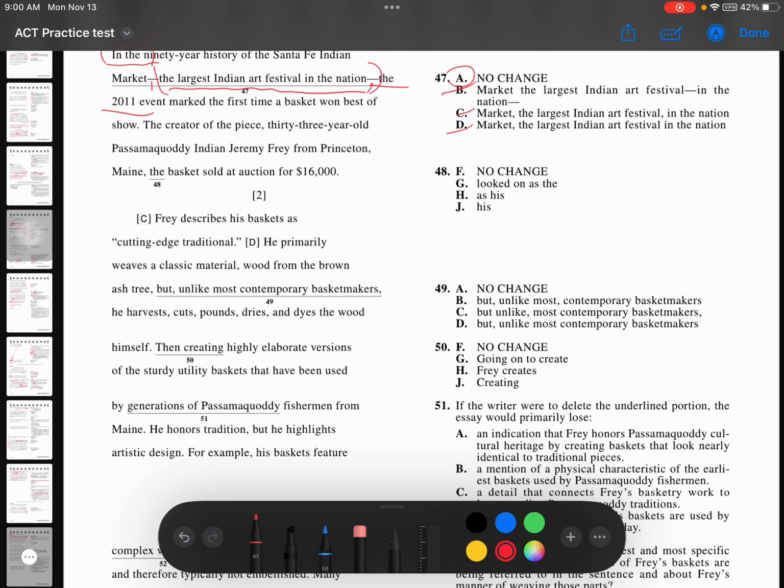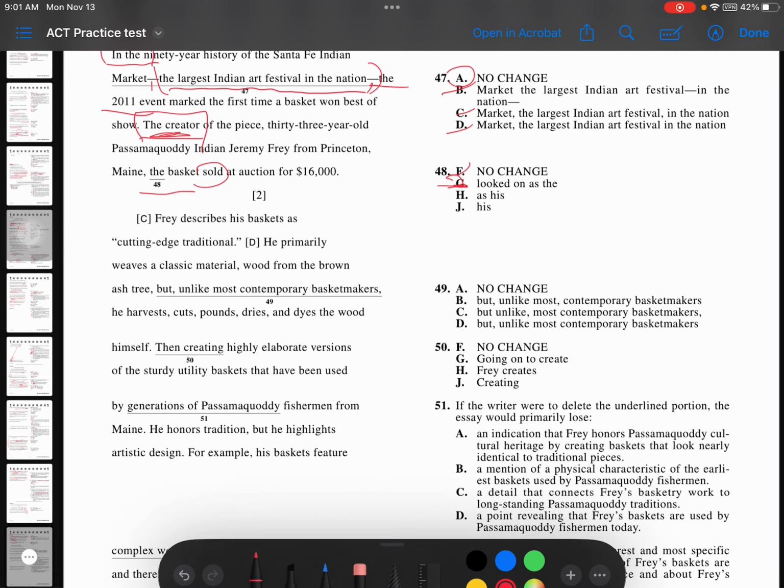The creator of a piece, 33-year-old Pasquito Indian, Princeton, Maine, the basket. Well, the creator is our subject, so we can't say no change. That's an oddly worded incomplete sentence. He looked on. So again, our subject is a person. We still need a verb. There's no verb. Otherwise, sold can't work for that subject, unless we say as he sold or as it sold